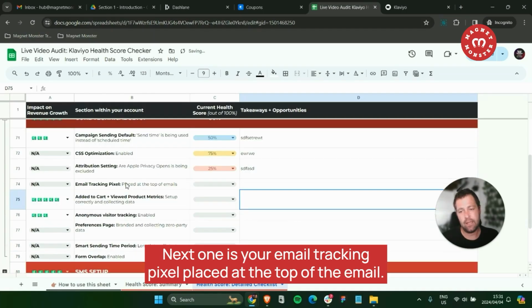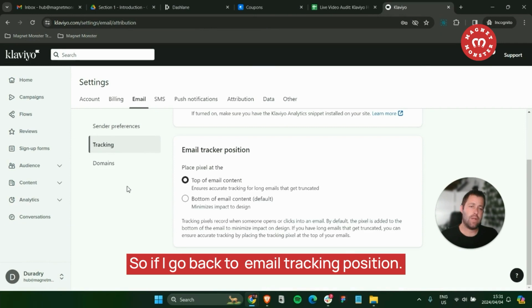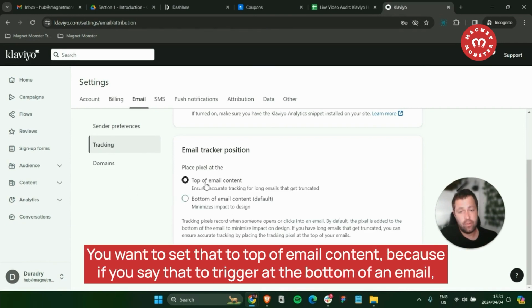Next one is your email tracking pixel placed at the top of the email. So if I go back to email tracker position, the default is at the bottom of the email content. You want to set it to top of email content, because if you set it to trigger at the bottom